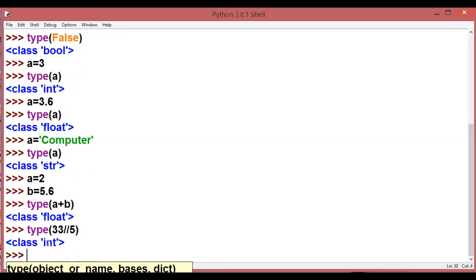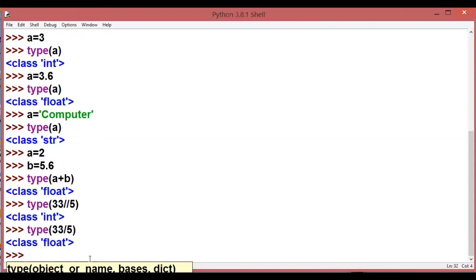That's why this expression is going to return me this integer, and my type function is returning me int type of value. So we have tried almost all the values over here. We can try some more examples. Like I have shown you this integer division, I can show you float division also. If I write only one division operator over here, I'll get float as a result, right?